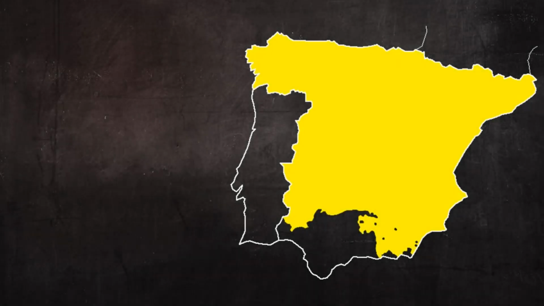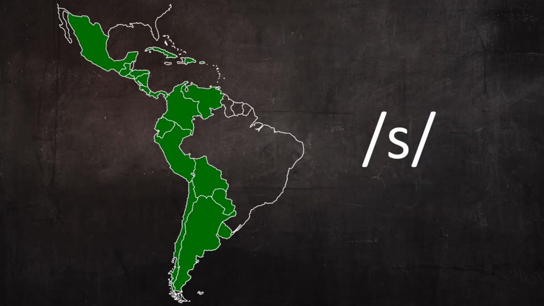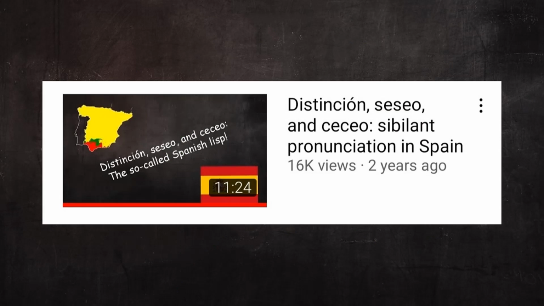In most of the dialects of Spanish spoken in Spain today, there are two sibilants, S and theta, while in Latin America there is only one, S. If you don't know what I'm talking about, I have a whole video on this topic in my dialectology playlist